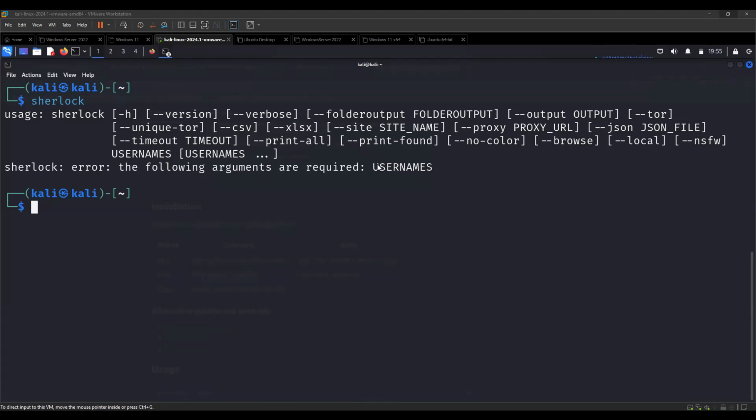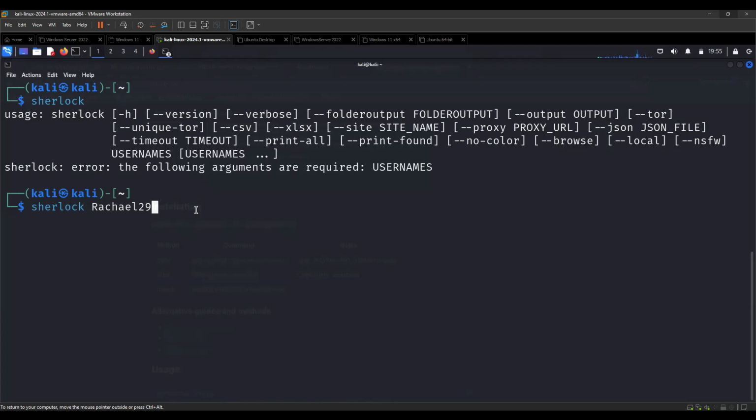All right, thank you. I think I'll just start with Rachel29. So the way we use the tool is actually straightforward. The only thing we need to do is enter the command, which is Sherlock, and then supply the username we want to search for across platforms. So I'm going to start with Rachel29, and to do that search, I'm just going to type Sherlock, then Rachel29.